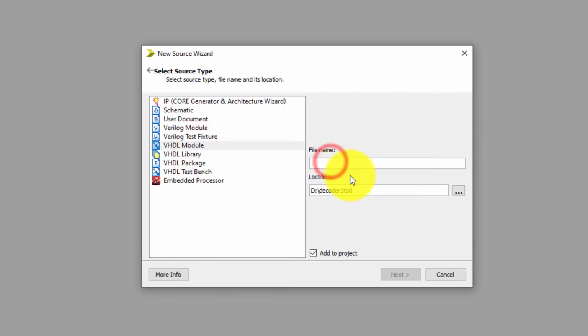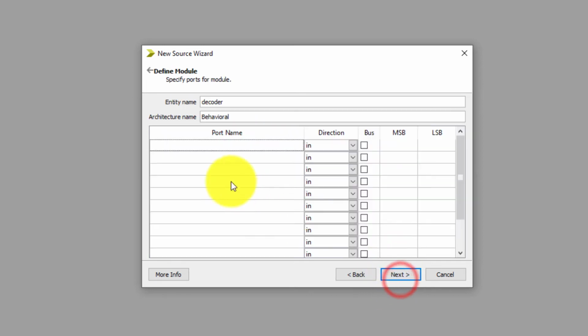VHDL module. I am writing the source name as decoder. These are user defined names; we can write any names. Next, inputs G1, next G2A, next G2B.